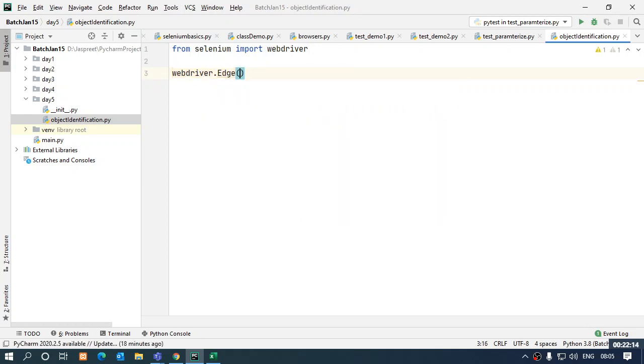Let's say I'm going to use Edge. And I have just written that only. I have just written driver.